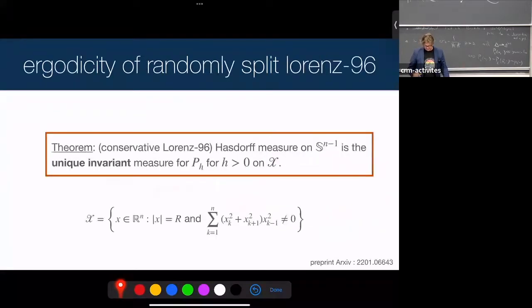All right, so we have a theorem for Hausdorff. I'll just go ahead and state that. For Lorentz 96, which we've had some people talk a little bit about here, which is just a simple model come up with by Lorentz, we can prove that as long as you don't start at one of the fixed points of the right-hand side of the equation, then